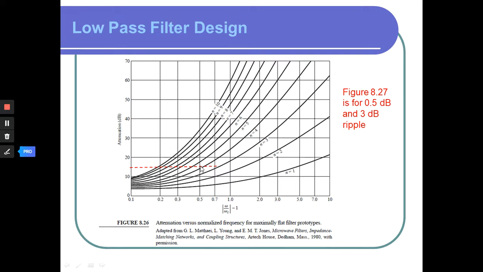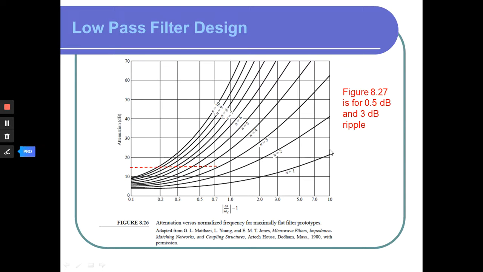It means if it's 4 point something, then you cannot take 4, you have to take 5. Similarly, we are taking 5 here because the value is 4.3 something here. So we determined here already with the maximally flat, because this is a maximally flat response curve. So remember one more thing, for 0.5 dB and for 3 dB ripple, you have to go to figure 8.27. And for maximally flat, time